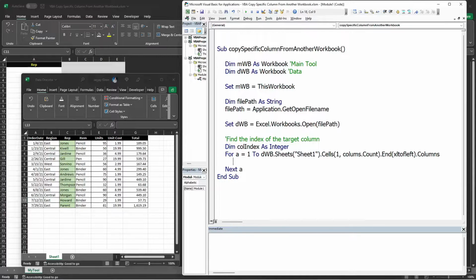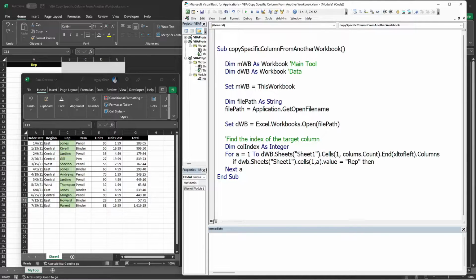For each column, we need to check if DWB.Sheets(1).Cells(1, a).Value is equal to Rep.